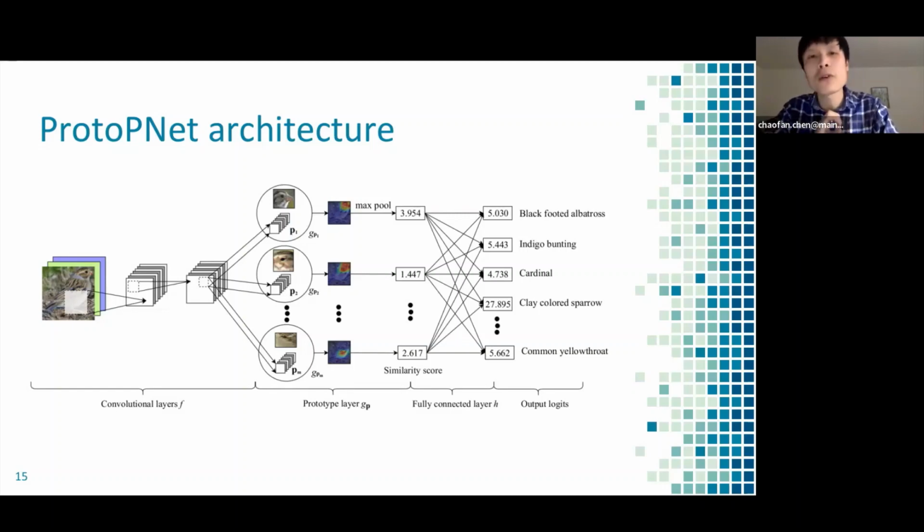And before I move on to talk about the training algorithm of ProtoPNet, I just want to say that our special prototype layer can be used on top of any deep learning feature extraction layers, including convolution layers or later transformer encoders, in order to enhance the model's interpretability. And in our experiments in the NeurIPS paper, we integrated the prototype layer with VGG, ResNet, and DenseNet architectures. And the experimental results show that our ProtoPNet can achieve comparable accuracy with its analogous non-interpretable counterparts.